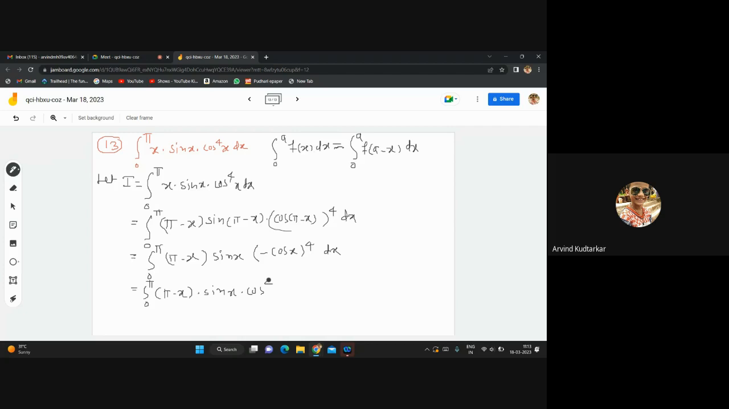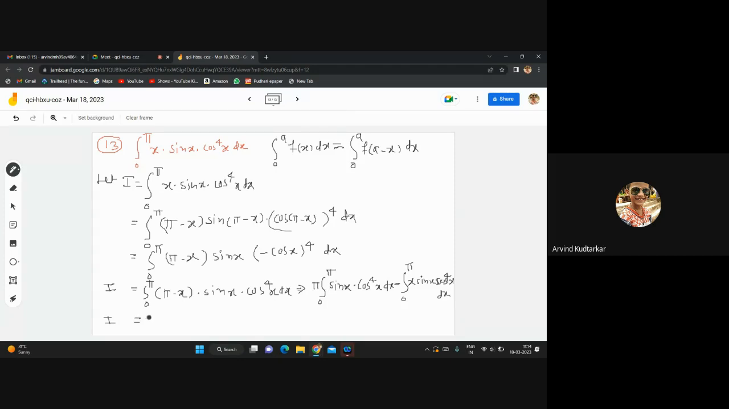Will you take x as common or outside of the integral? No. Whatever term is having x, it is also part of the integrand, that is a function. Not to be taken outside of the integral. Keep as it is. So integral from 0 to pi, then x into the whole function, so x into sin x, then cos to the power 4x into dx. Okay, so this is the value of I, I is equal to pi times